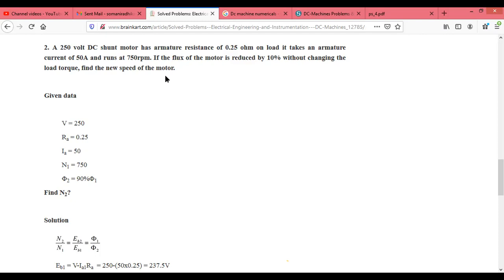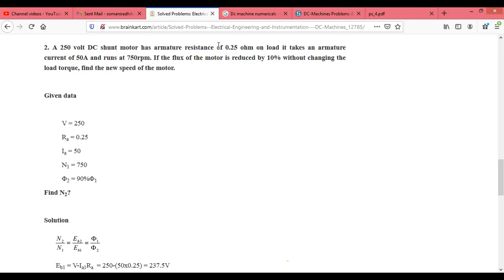Now we are supposed to see the equations for the back EMF, the generated EMF, because they have given a DC shunt motor. So we will require back EMF equations. What was our back EMF equation? EB equal to V minus IA RA, when we are having only armature resistance. And if we are having the series field resistance, the equation is V minus IA in bracket RA plus RM. These equations are very simple, only understand the things. Here we are taking a shunt motor.